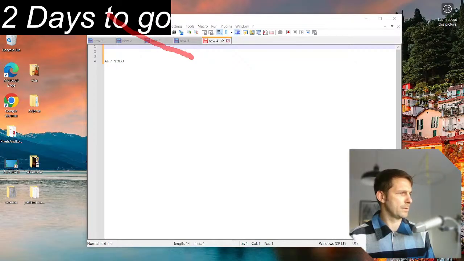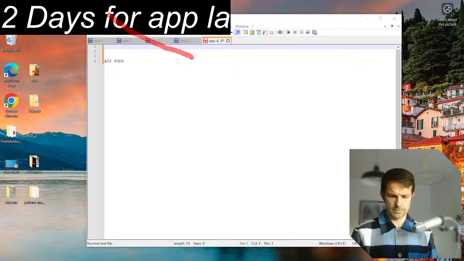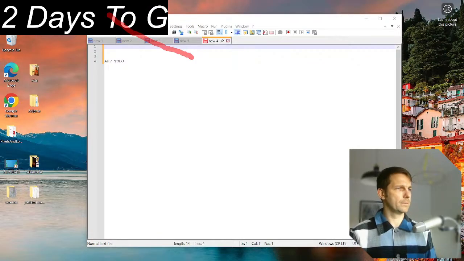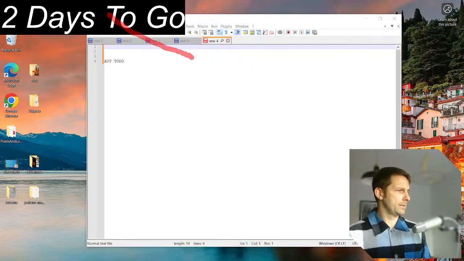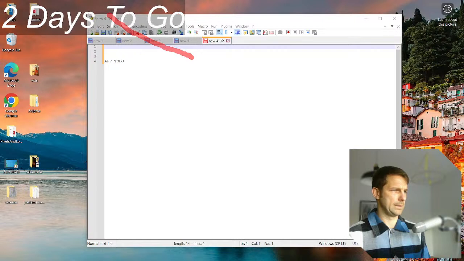To launch. 2 days. 2 days to go. Yeah, okay. Let's have a lower background opacity. Okay.